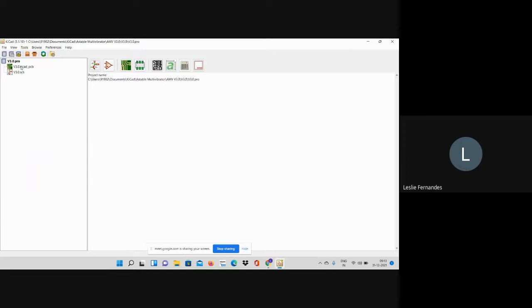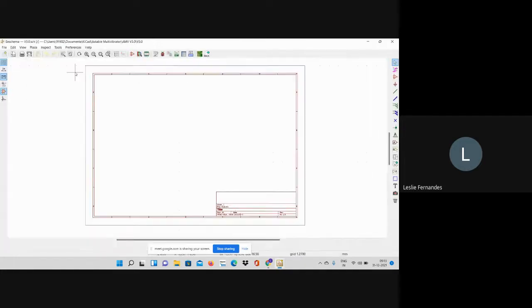The project has two files: one is the schematic file, one is the PCB file. Right now, I will concentrate on the schematic file, so I will double click on the schematic file. I've already shared that circuit with you on the Google Classroom. I will straight away make it over here. What you do now is just observe what I'm doing and listen to all the commands.